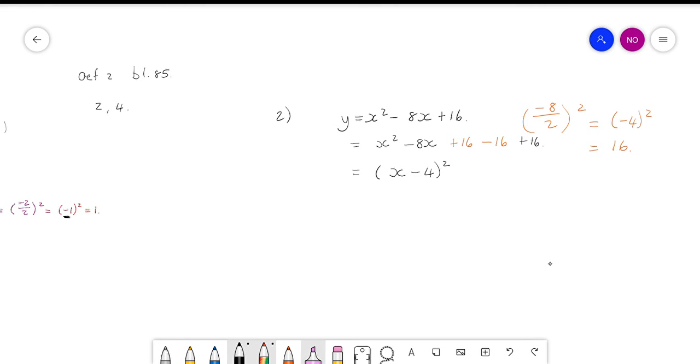And if you look back at the original equation, this one, we could have gone straight